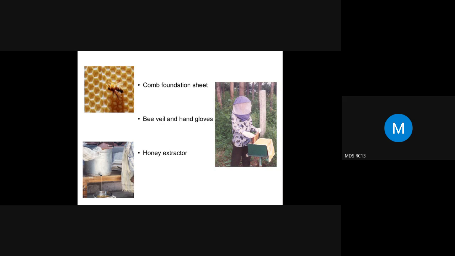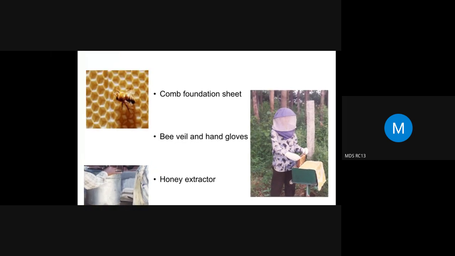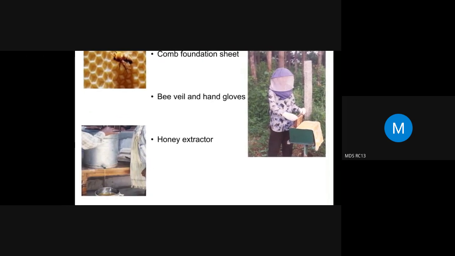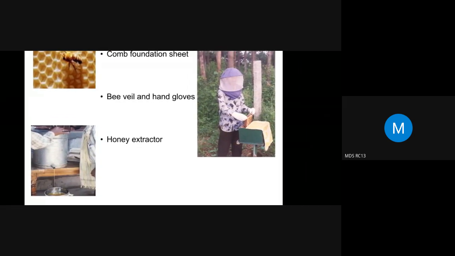And on the right, you are seeing a person with a cap that is called a bee veil, which excludes, means prevents, honeybees from biting the face or head region, and also gloves, which prevent stings of the bee. And also the whole body must be covered with suitable clothing or some coat-like material, which prevents bee stings